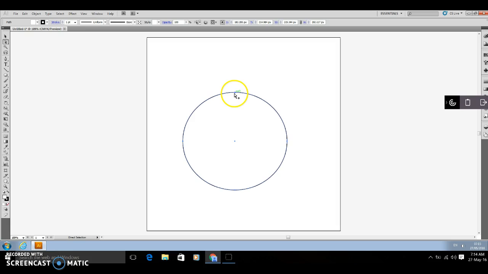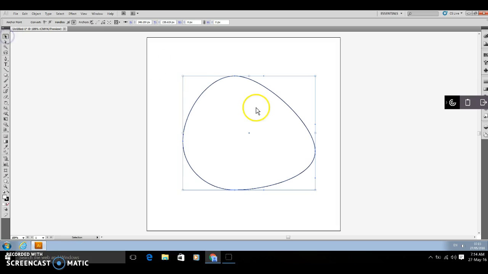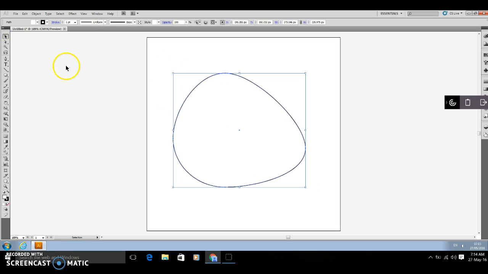So if I click, you have to first click on the anchor point and you'll get these little lines, and then if I click again and drag, I can start to alter the shape. So it's sort of oval, egg shaped. Down here I'm going to do the same for this one, drag it out to the side. I haven't actually told you what we're creating, but it should become apparent in about 2 minutes. So that's that done. I might, at this stage, just pop that over there back to my black arrow,